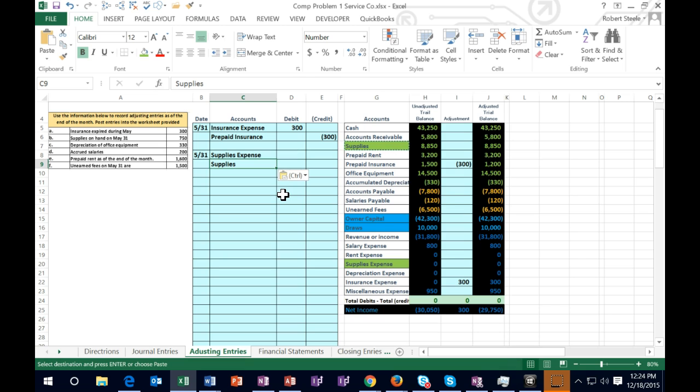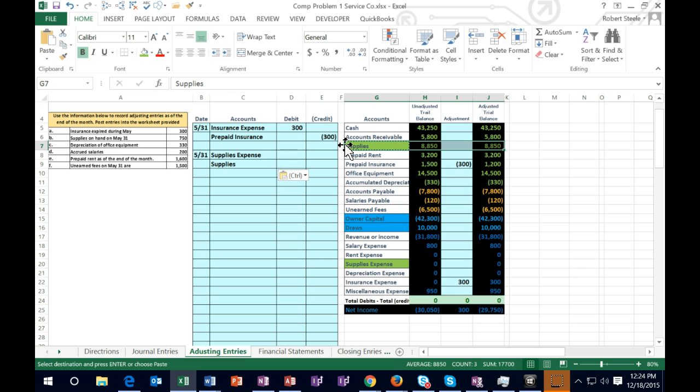Now let's think about why we're doing this and what the amount should be. If we think about supplies, how did it get there? Well, when we talk about the accounting department in the adjusting process, if we're a CPA firm, every time we buy paper, we want the accounting department to record it not to supplies expense, but to credit cash or accounts payable and debit supplies, the asset. Why? Because if supplies is significant, we should be expensing it as we use it. So we're going to set the system up for them to just post it into supplies, the asset. We then, on the adjusting process once a month, will fix it